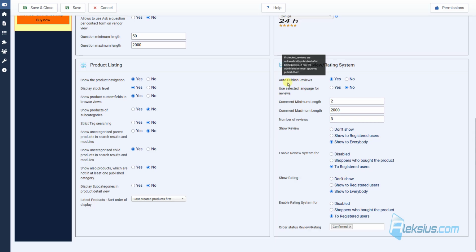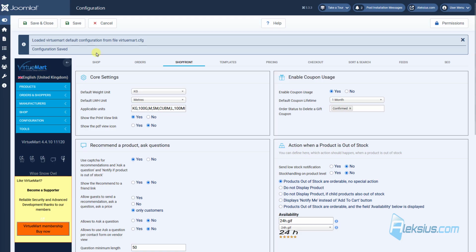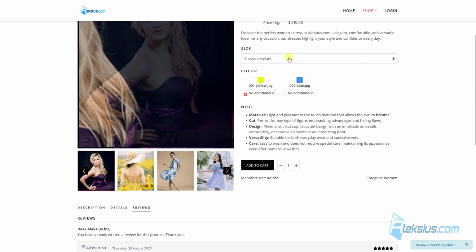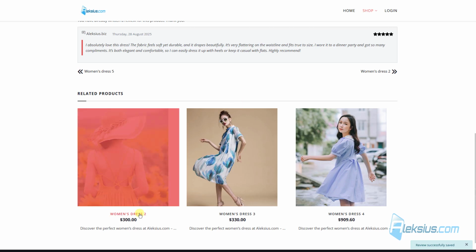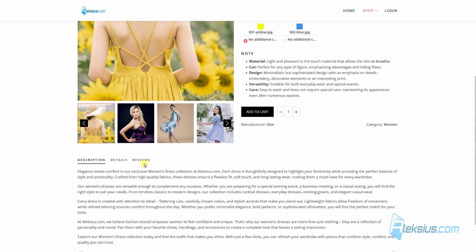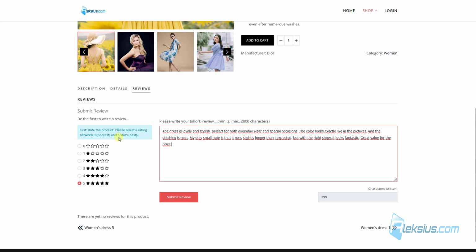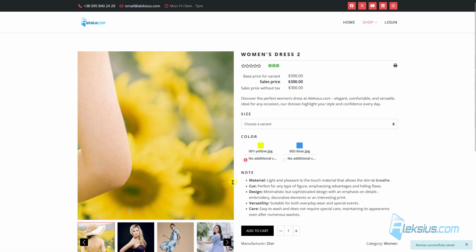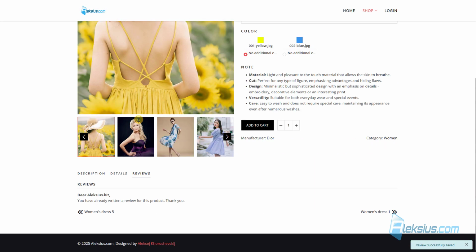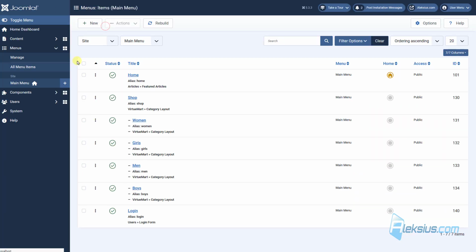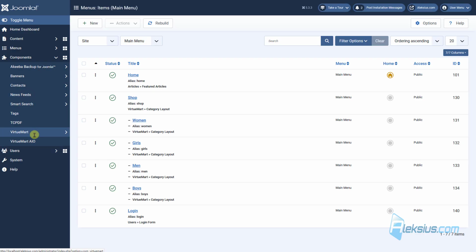Also, I strongly recommend you to publish auto review disable, and let's add another review. For example, let's go here to women's dress 2. Here we can see rating, and let's submit the review. Now we won't see the review here. Why? To see it, the administrator